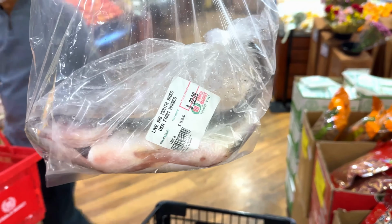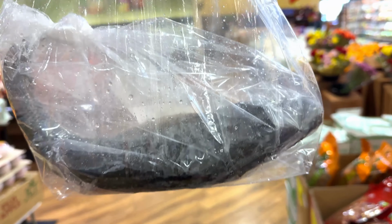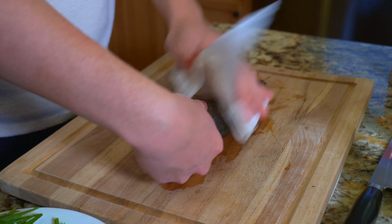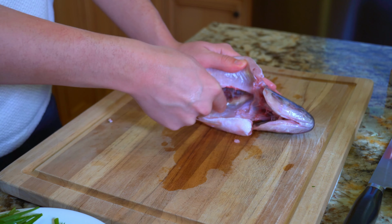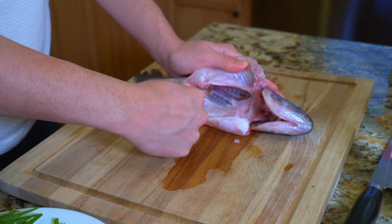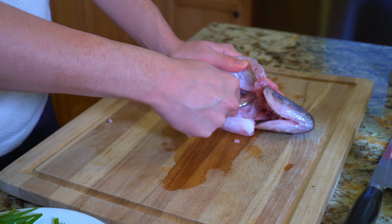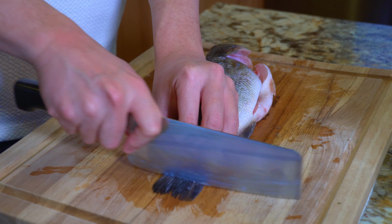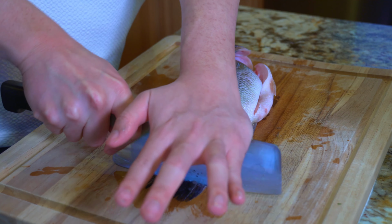I asked the fishmonger to scale and clean it, which saves us a whole lot of time later on. Speaking of, when you're back in the kitchen, wipe it down and remove the gills if they aren't gone already. This one is fine, so now all we've got to do is take a spoon and sort of scrape down the spine of the cavity to get out some blood and excess fat, which can taste a little bit fishy. Trim down the fins a bit and clip any crazy long fins and spines,